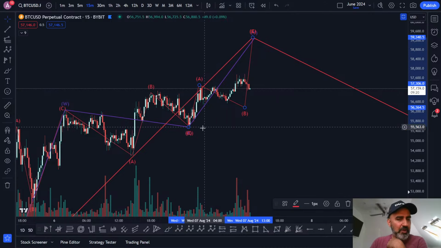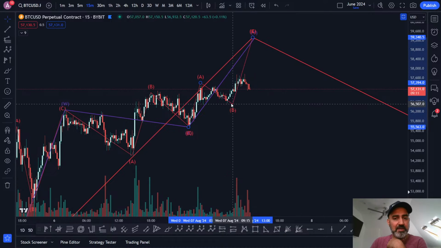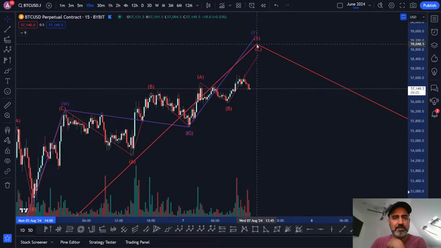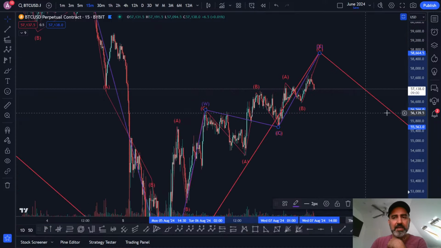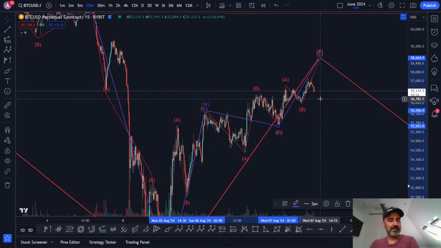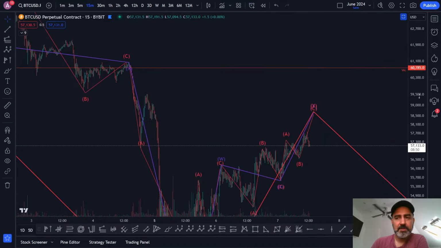Right, now this is tricky, because maybe it's to there, maybe we haven't finished it yet. 1, 2, 3, maybe it's to there. 1, 2, 3, maybe it's to there, and maybe this is going to be somewhere here. Okay, now last night I was thinking 60k. I'm actually now looking at this and thinking we might not get there. I was thinking value area low. That at the moment is at